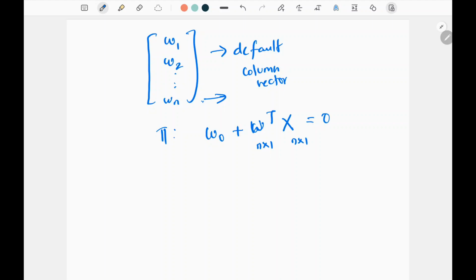I'm sorry, it is 1 cross n. So we can identify this one with this. When the column of one vector is equal to the row of another vector, when both are equal, then only we can do the multiplication. Okay,